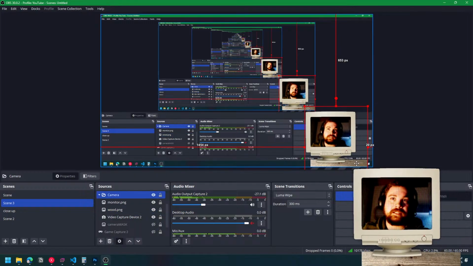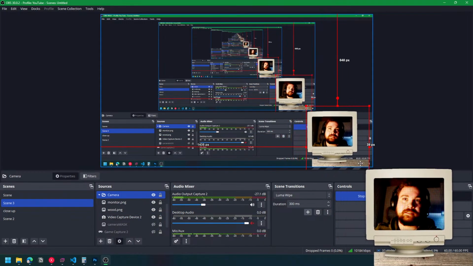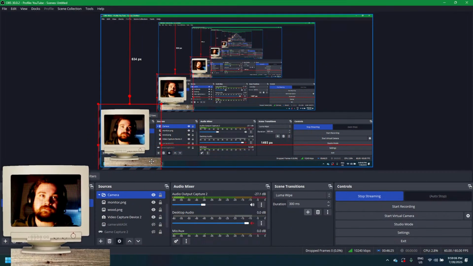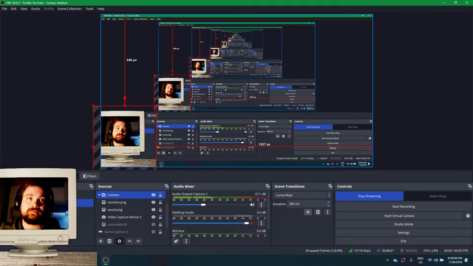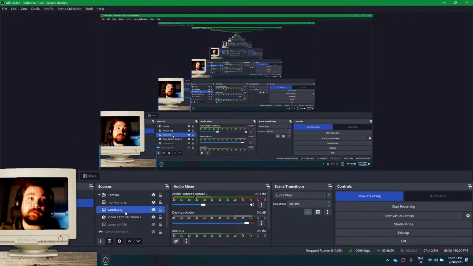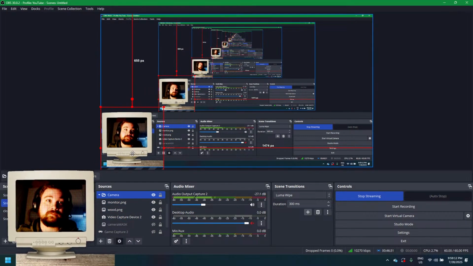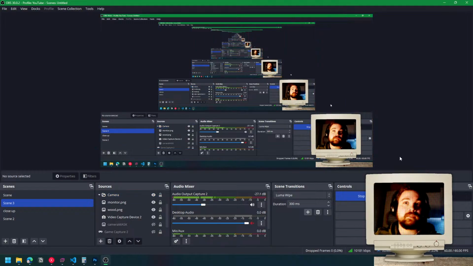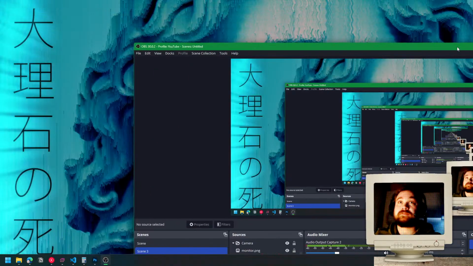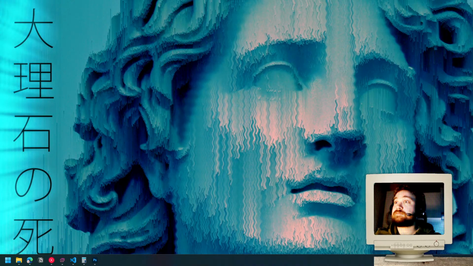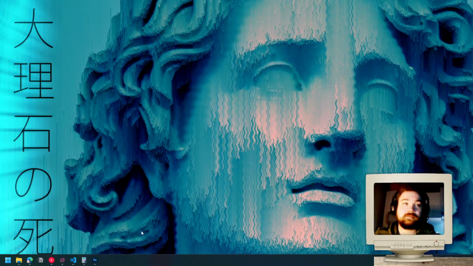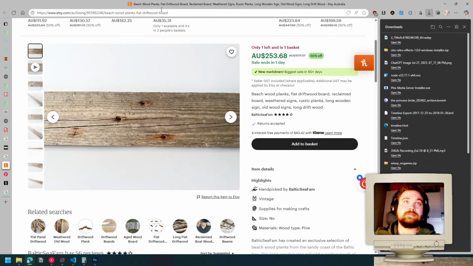It looks hella like skeuomorphic design. Maybe on this side? Maybe we can have like a little